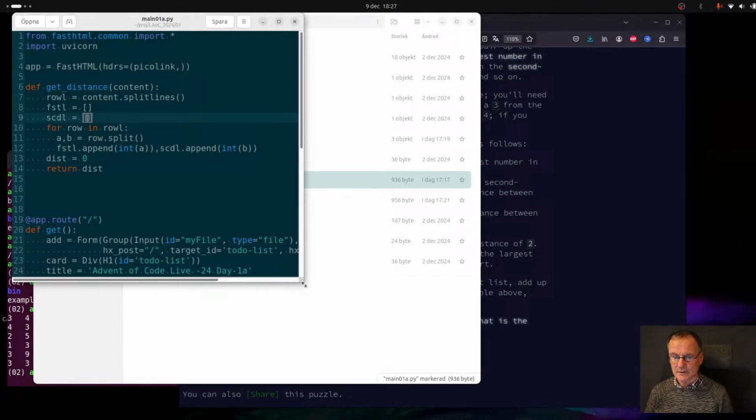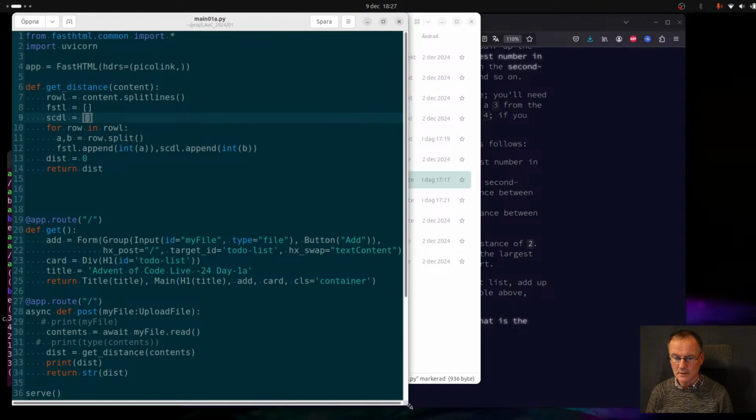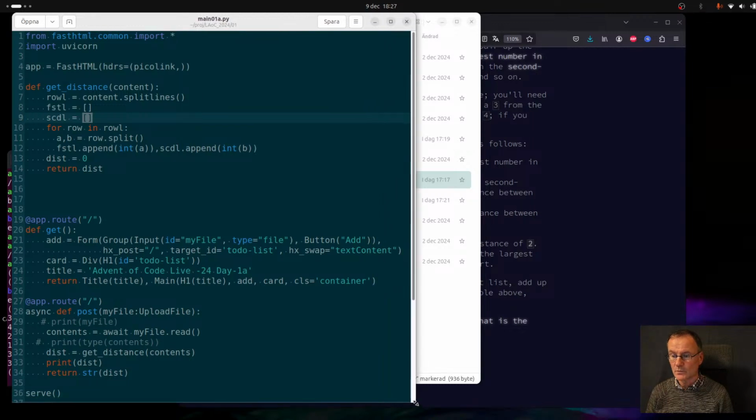This is my template. So, and we have two parts here. One is the imports, of course. I need to use FastHTML and Uvicorn for this one. FastHTML is kind of obvious. Why I need Uvicorn, I'm not really sure about that one. Maybe I don't need it, I just import it for now. Doesn't really matter. We're starting up our app with FastHTML